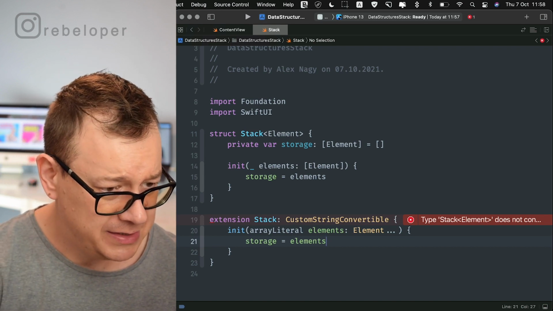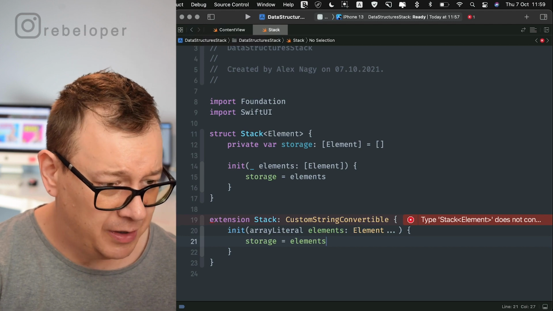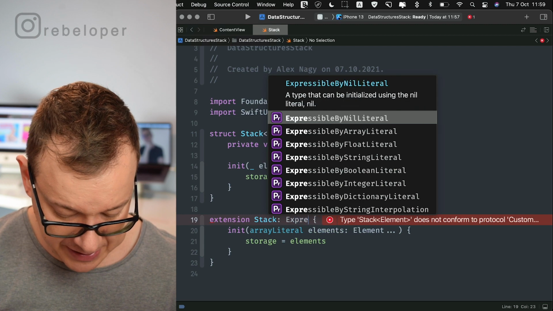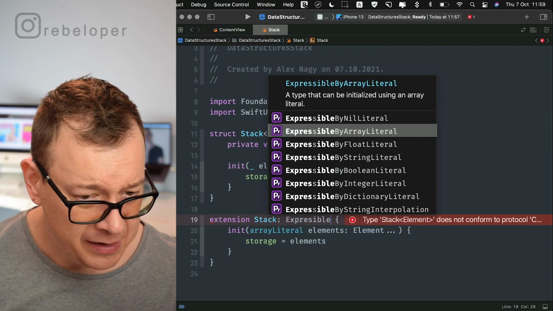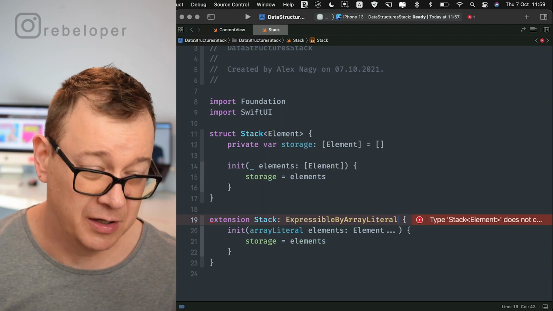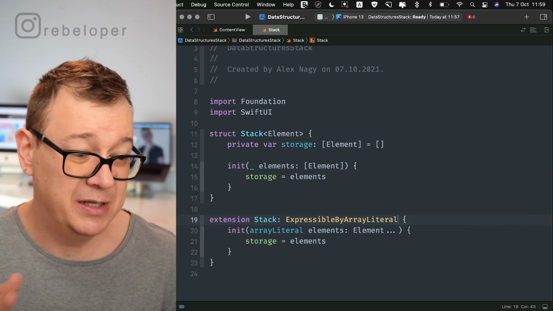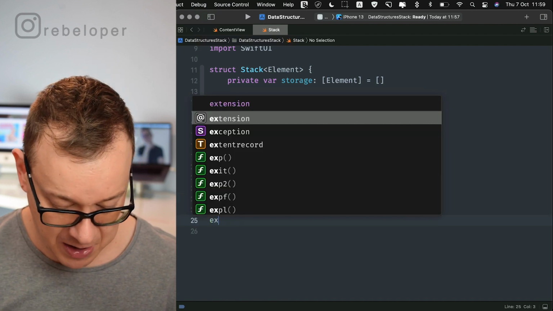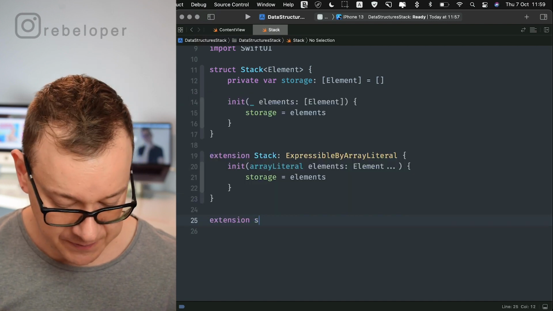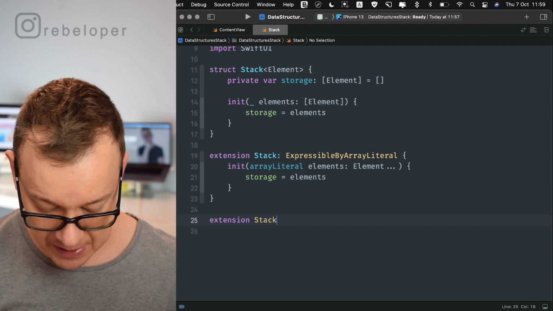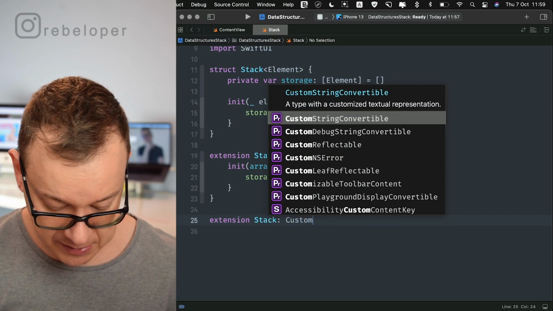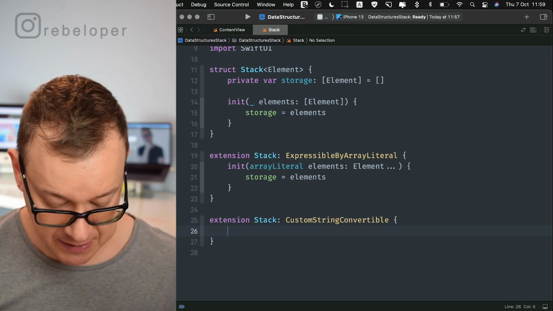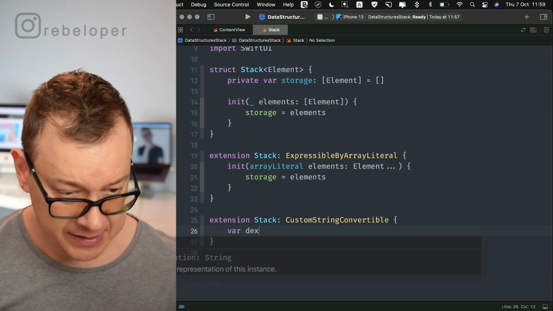And let's see. Oh, it's expressible by array. Sorry, expressible by array literal. Yeah, the custom string convertible should be the description. So let's add that in there since I have already talked about that. So extension stack and then custom string convertible. Okay, now this will be our description. So var description,